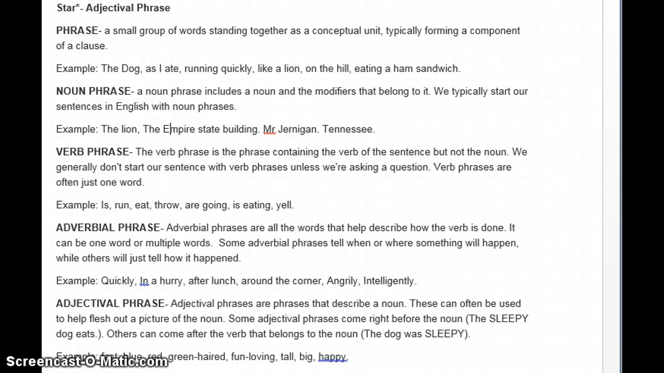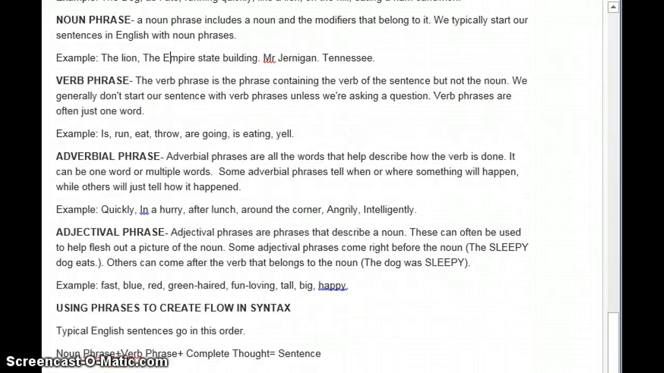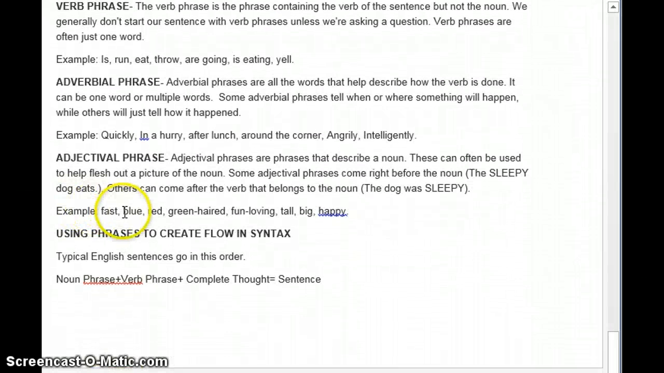Adjectival phrases are phrases that describe a noun. They can often be used to help flesh out a full picture of the noun. Some adjectival phrases might come right before the noun, for example, the sleepy dog eats, while others might show up after the verb that belongs to the noun. For example, the dog was sleepy. Some examples of that would be words like fast, blue, red, green-haired, fun-loving, tall, big, and happy. You notice these hyphenated adjectives are kind of different, and that's a good way to really paint a picture